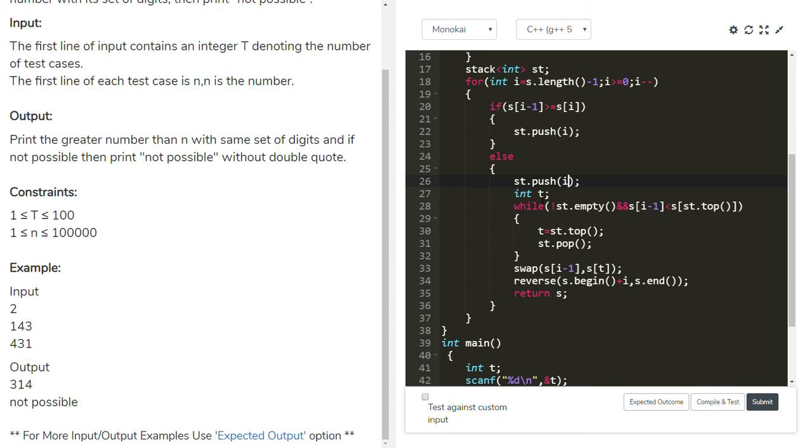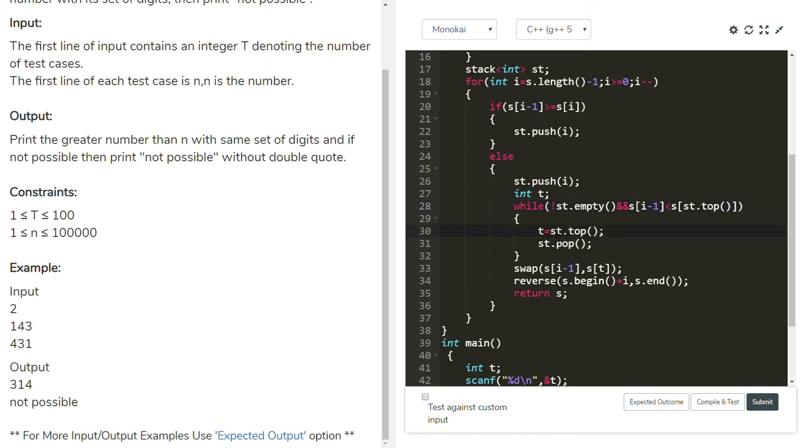I am using variable t for swapping purposes. Starting the while loop, initially it checks whether the stack is empty or not. Not empty, and s of i minus 1 is less than s of st top. st top is 1, s of 1 is 4, and s of 0 is 1. 1 less than 4, true.